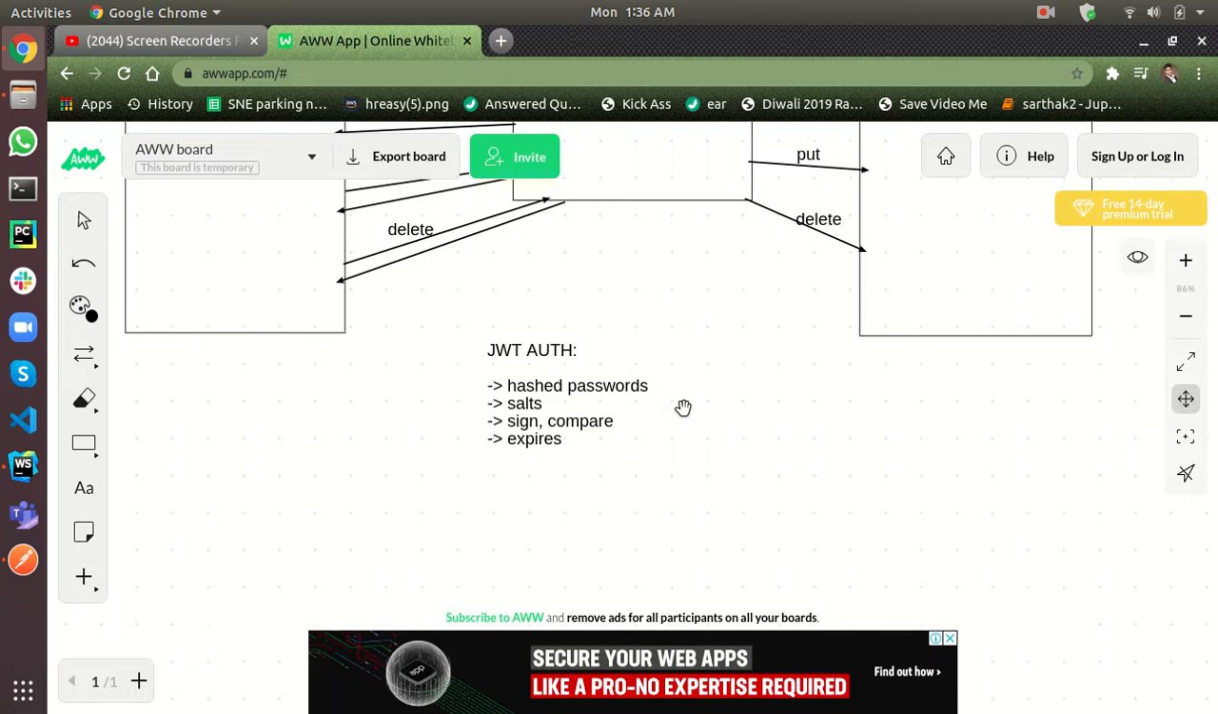If I do not have the salt that was used... Salt is nothing but a sequence of characters, some security key that I can use to hash the passwords. So if I do not have that salt, even if I know the encryption algorithm, I cannot decrypt that. So the basic operation of JWT is sign in. Creating a new hashed password is the sign in operation, and